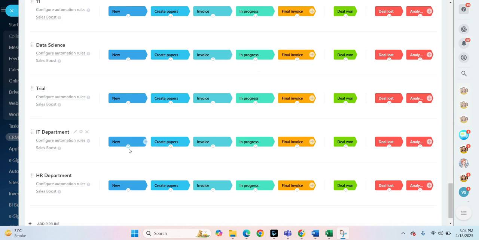After that, you can see these are all the stages: new, create papers, invoices, in progress. So all of this is customizable. We can customize it according to the requirements of the business. Once you have customized it, if you want to add two different pipelines, you can also do it